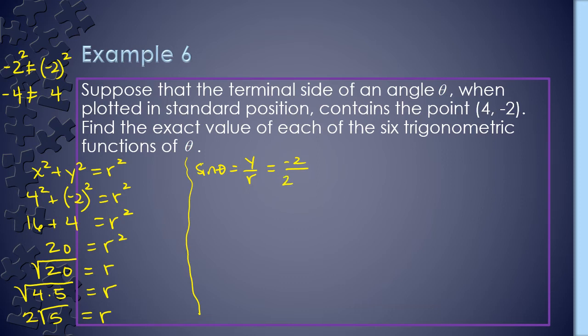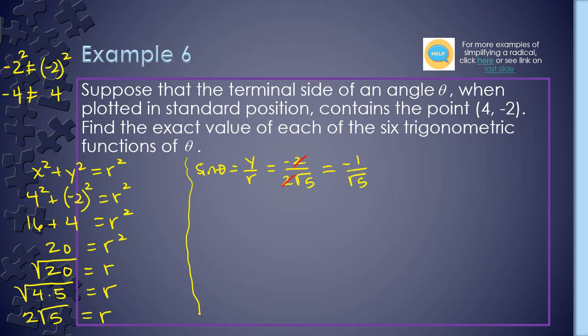So I'm going to put in 2 root 5, and actually, let me just erase that and write this off to the side. I'm going to go ahead and reduce this. The 2 on the top and the 2 on the bottom cancel out, and I'm left with negative 1 over